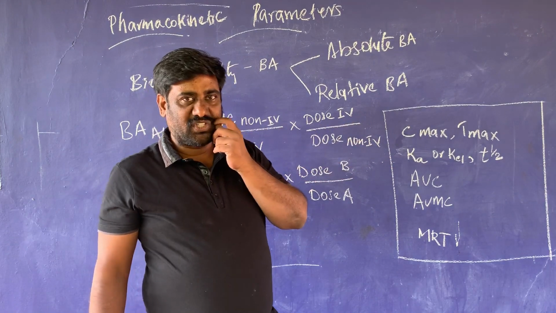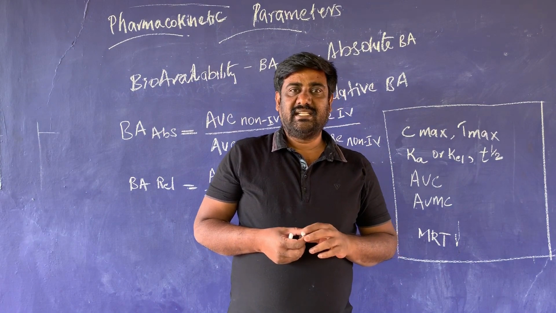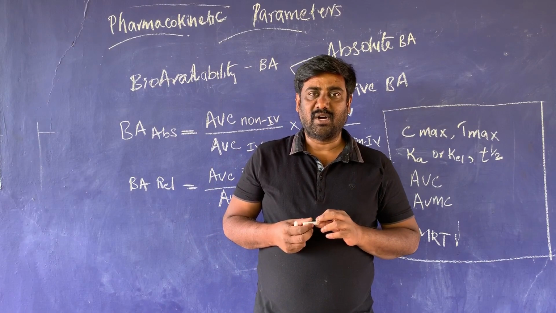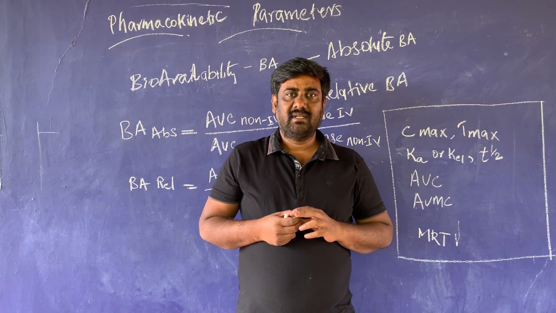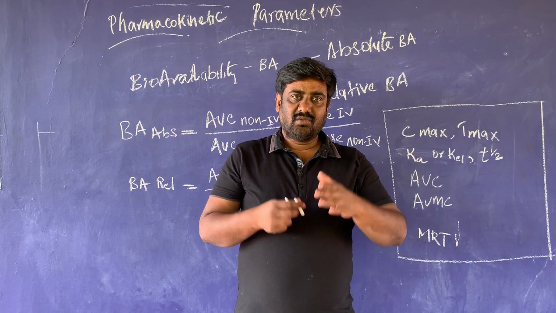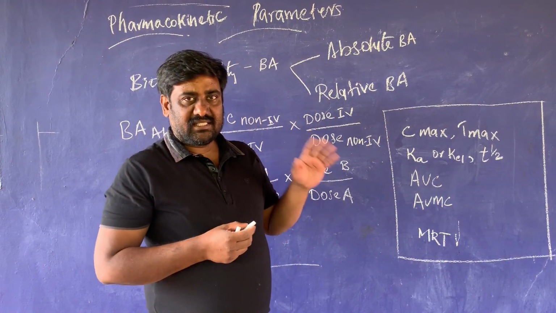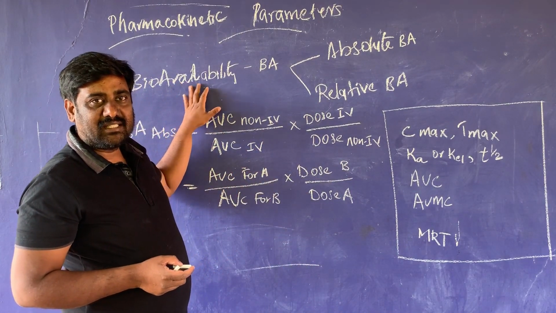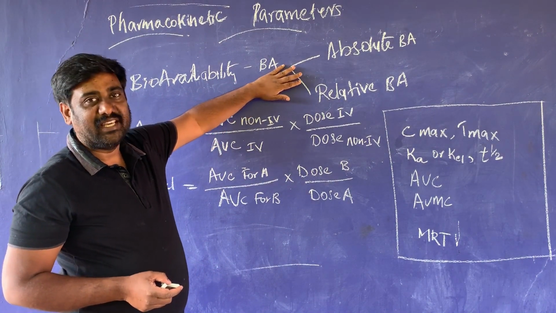So let us see before starting what is pharmacokinetic. Pharmacokinetic means it is to check the movement of drug in our body once after administration to when it is eliminated. So during those process, where all the drug goes, all these things are checked, the movement. So this is very useful for the measurement or checking the bioavailability. Bioavailability in short is called as BA.